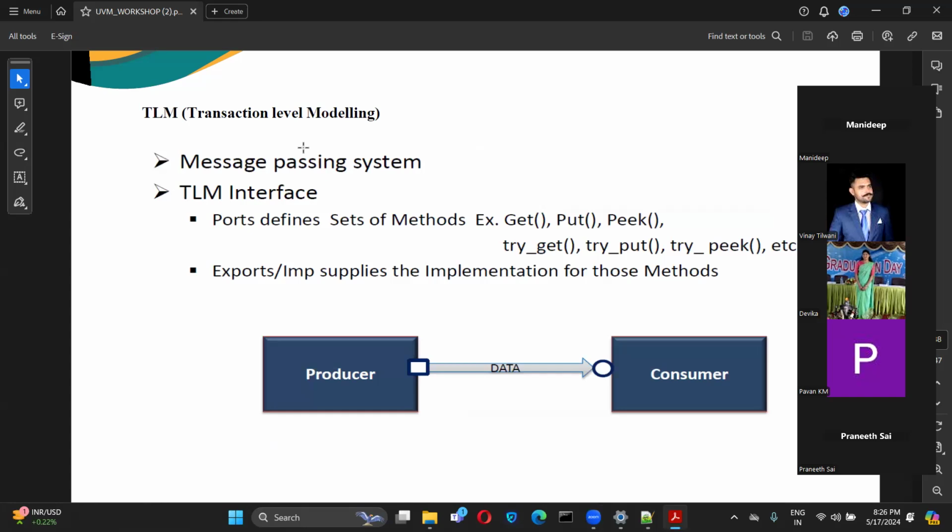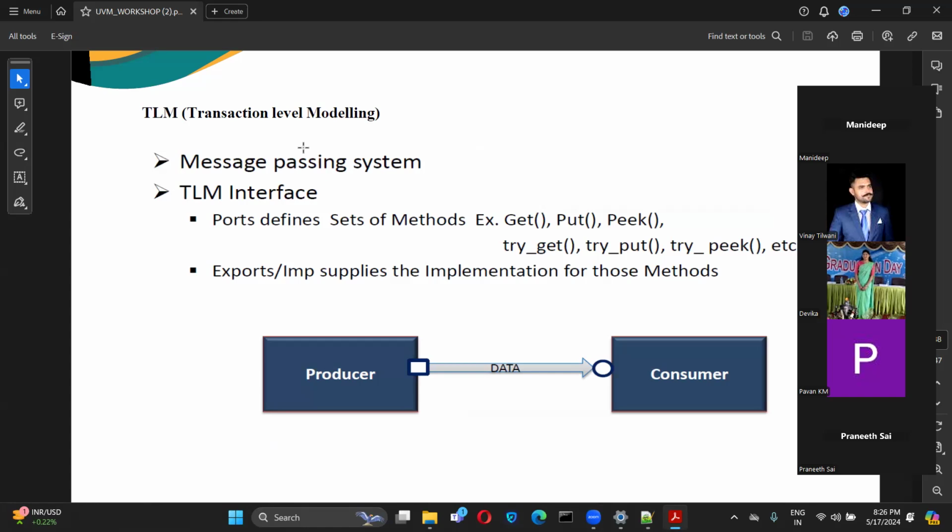Ma'am, they work as a mailbox. Yeah, like in SystemVerilog, in UVM it is replaced with TLM. Correct. Get means it is retrieving the data, put means it is putting the data. Peek means it is not deleting the data even after get.